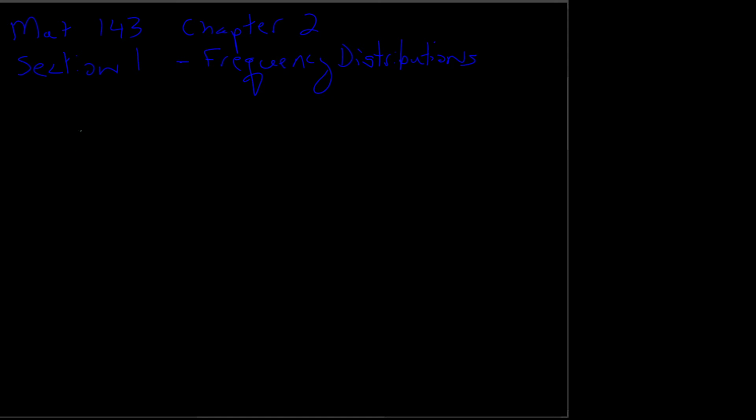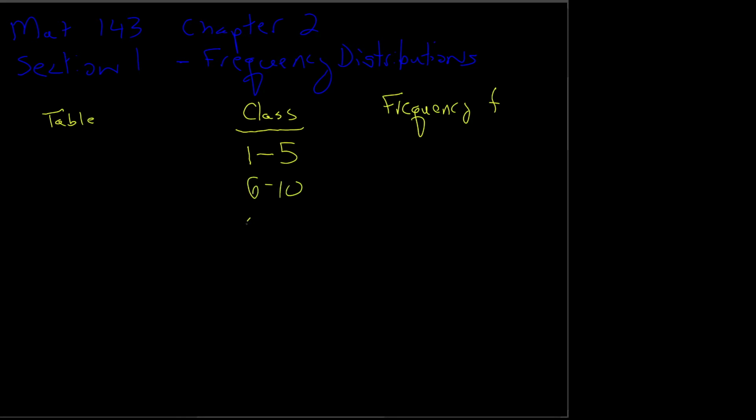And so what we have with a frequency distribution is they're usually in a table, and what you'll have is a class and a frequency. And we usually use a script f for frequency. And I'm again going to use the examples from the lecture notes in the book. The class is a range of numbers. And so this data,